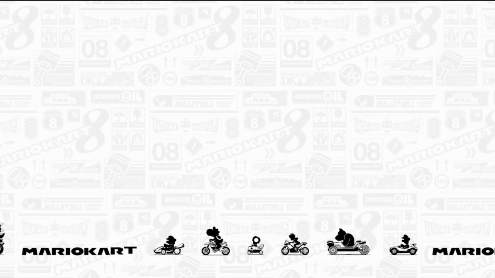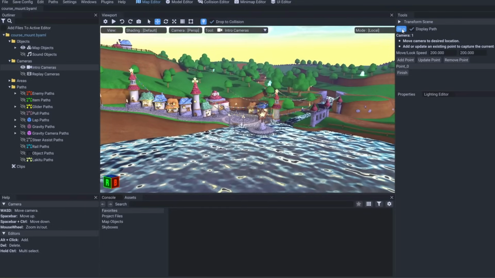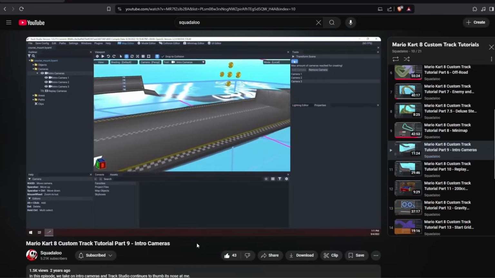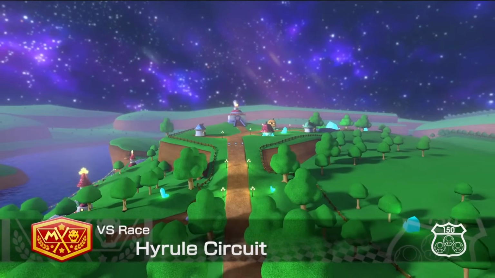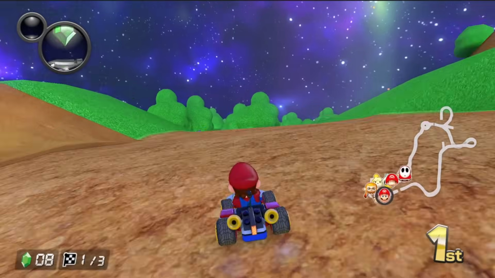Let's fix this whole camera being underground at the beginning of the race thing. It seems like this intro camera menu is where you set that up, and I was able to kind of figure it out, but it wasn't working. So I checked Squadaloo's tutorial on it, and it turns out there needs to be 3 intro cameras set up, which did indeed work. But the cameras did look a little bit weird, and the game still crashes before you can complete a race. Eventually, I got those intro cameras looking a little bit smoother, and those item box star bits are definitely working,